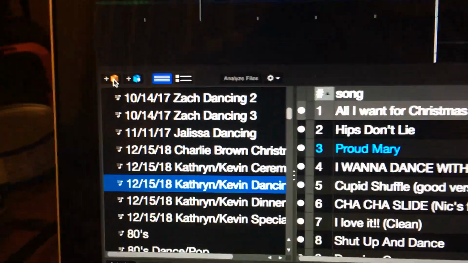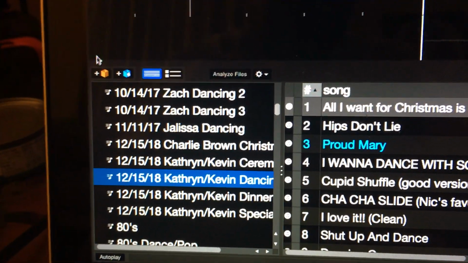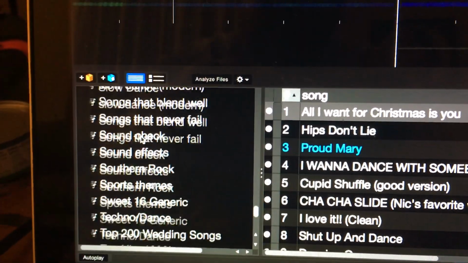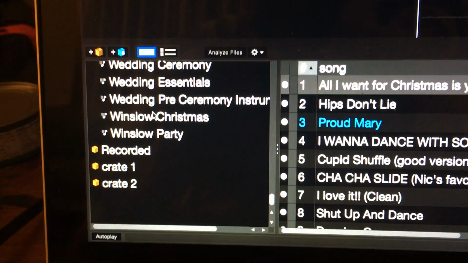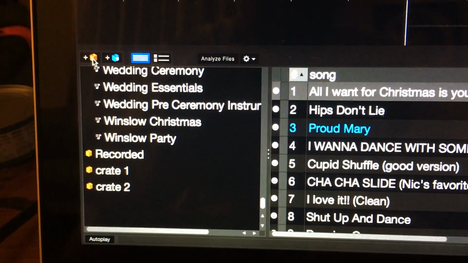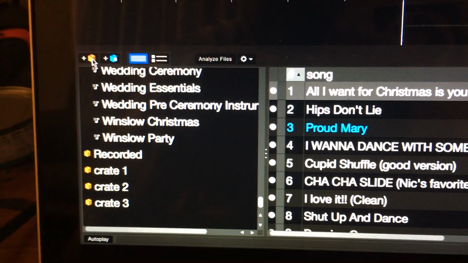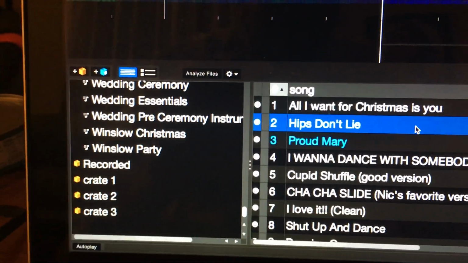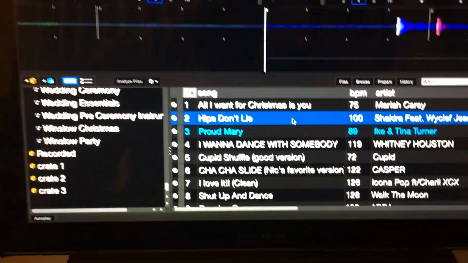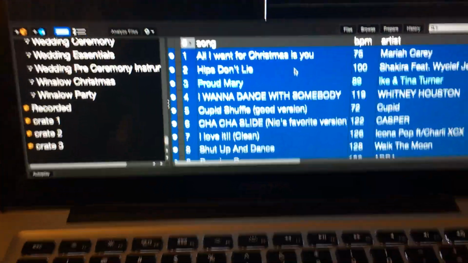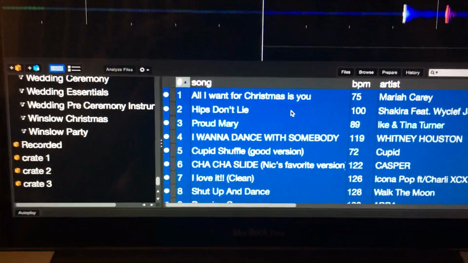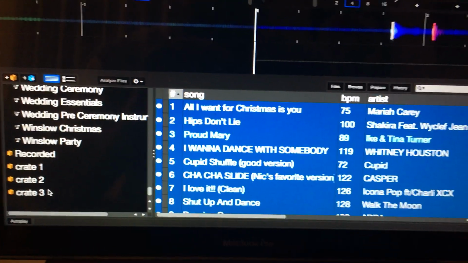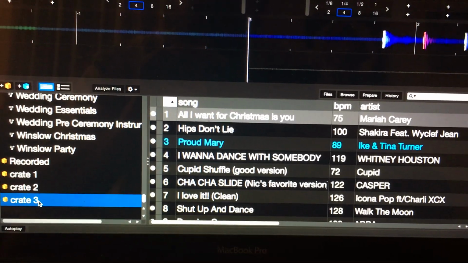So here on the left, you'll see the little orange box. That's to add a crate. So down here at the bottom, I have 2 crates left over from before, but I'm going to create a new crate just for today. Click on there and it adds crate number 3. I'm going to take today's entire playlist. Control A highlights everything. I'm going to take all their songs, throw them in here, and